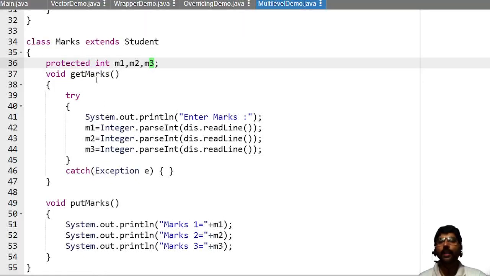That means any class methods within the same package can access these two methods, put marks and get marks. The difference between friendly and public is that public gives visibility to every class within the same package or other packages, but friendly means every class within the same package, not outside the package. This is called friendly visibility.